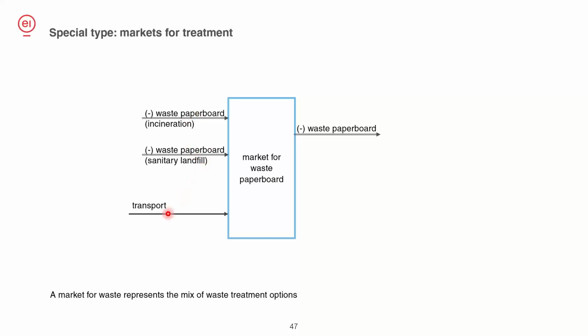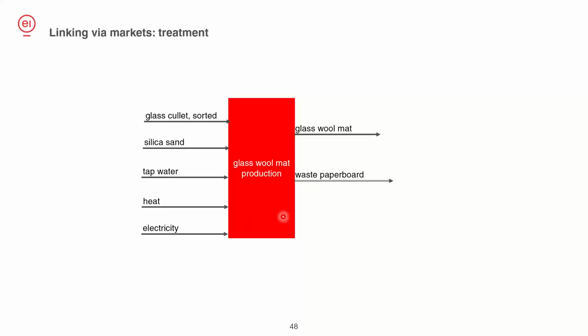And of course, we have transportation included in the markets. So just to wrap everything up, to connect what we have seen until now about the activities, the linking of activities, the modeling of waste with a negative sign, let's see this example,